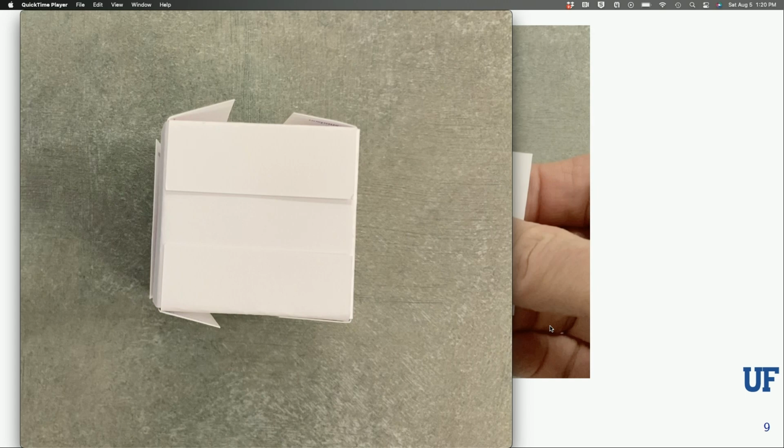Okay, we okay with the cubes? Things keep getting more difficult. Are we okay with the cubes? All right, so